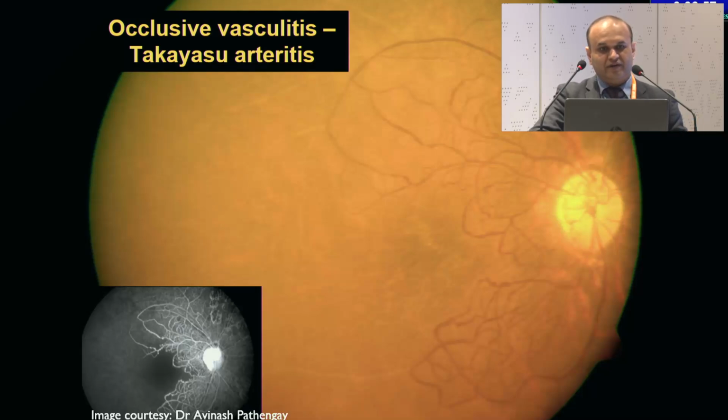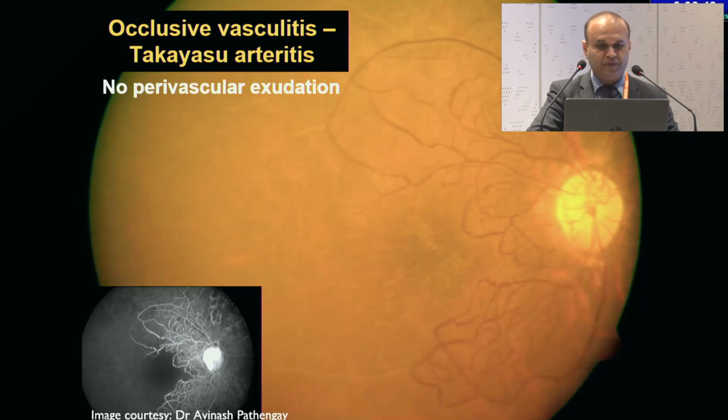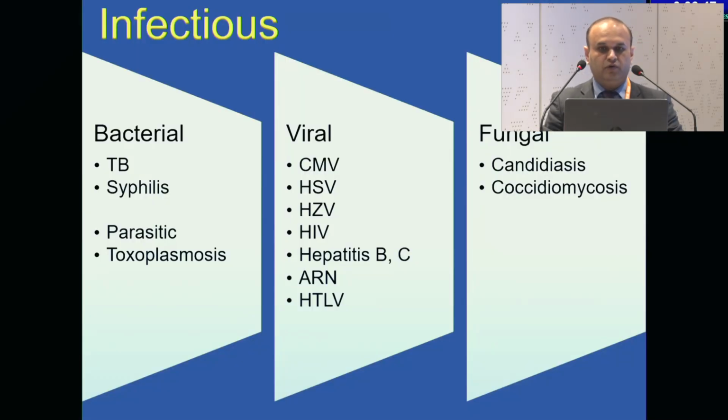So identifying vasculitis is not only important for saving the eyes of a patient, but can also be a very important step in saving their lives. Now that we have looked at vasculitis in terms of its morphology, let us look at it in terms of its etiology, as to what can be the different causes of vasculitis.